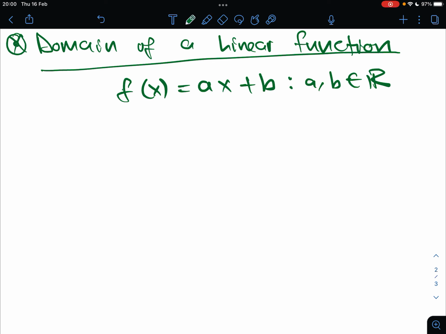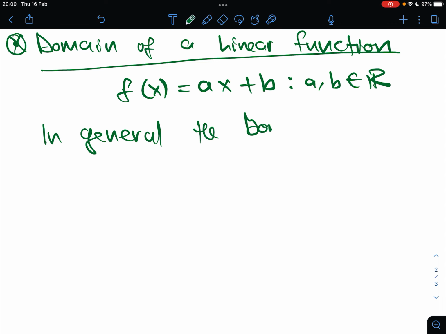So that's exactly the approach that you use every time we want to find the domain of a particular function. So for a function like this one, every time you are given a function explicitly, if they say find the domain, the question that you should always ask yourself is: is there a particular input that I can put inside here and I do not get anything out? If you look at a linear function, you will see that there is nothing you can even imagine putting in for the x variable where you don't get anything out. For each x that you put, you will always get something out. You see that? Which means in general,